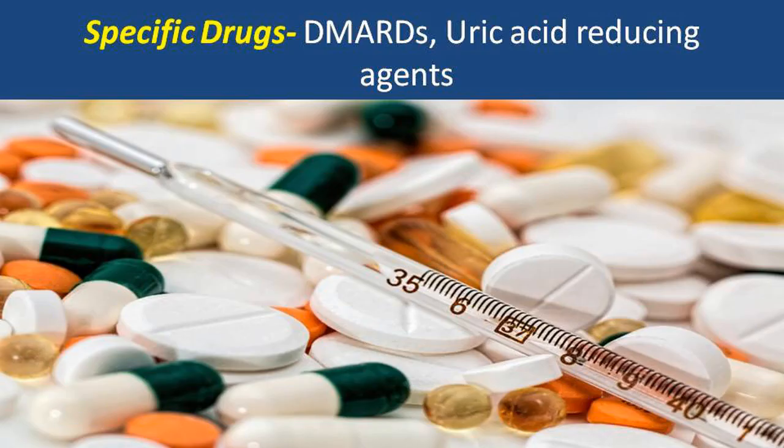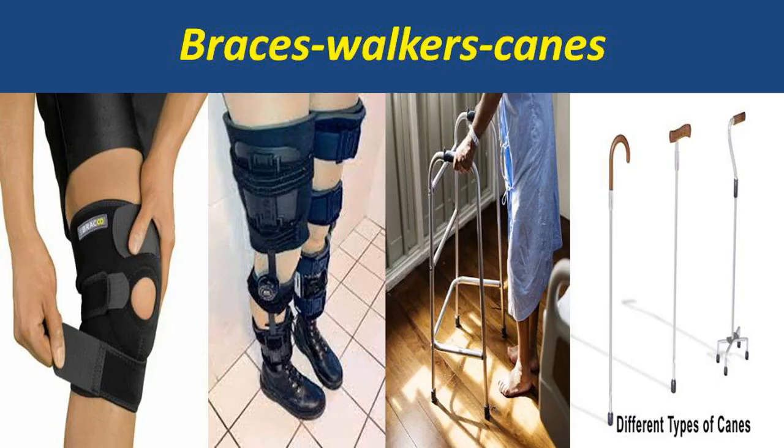You have to treat arthritis with specific drugs according to the type of arthritis. You need DMARDs or disease-modifying anti-rheumatic drugs to treat autoimmune arthritis. You need uric acid-lowering agents for gouty arthritis, and so on. One thing you have to remember, the pain-reducing medicines are to be used for short-term, but the disease-specific drugs should be used for long-term. We have to use braces, walking canes, walkers or even crutches to keep the patient ambulatory